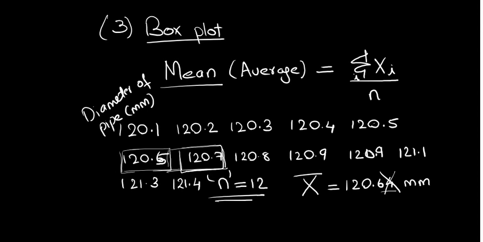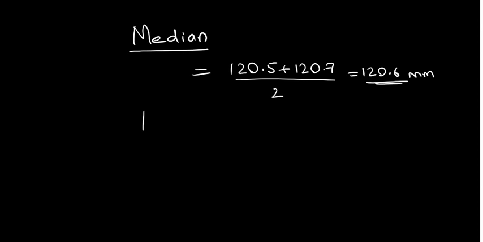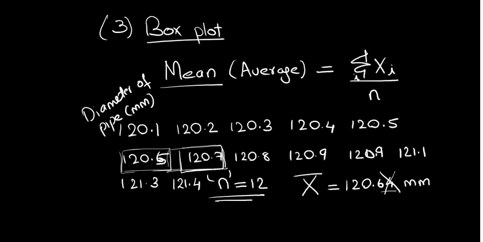So in case of even numbers, you may have to take the average of the two numbers lying at the middle, especially if you want to determine the median. Another commonly used statistical measurement is the mode, which is the one where the frequency is highest. Among the various observations, the one with the highest frequency is the mode, and in this case I think there are two such numbers.